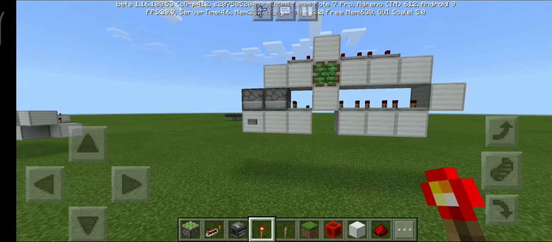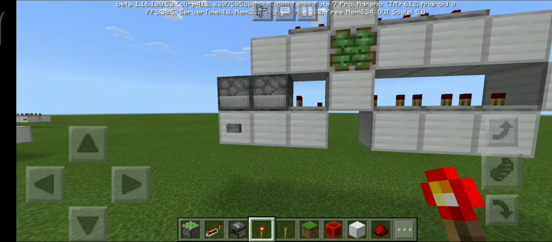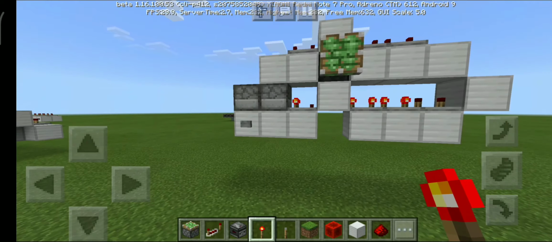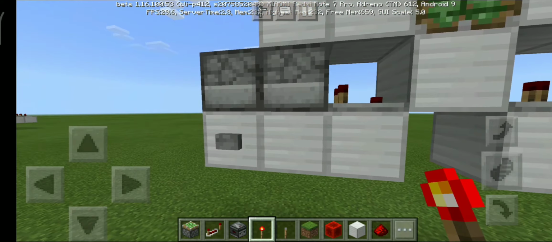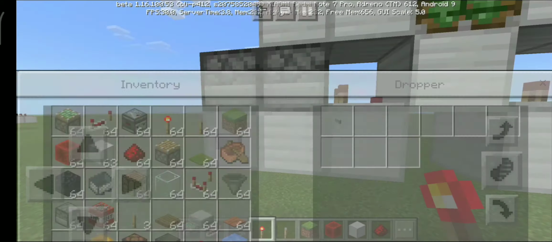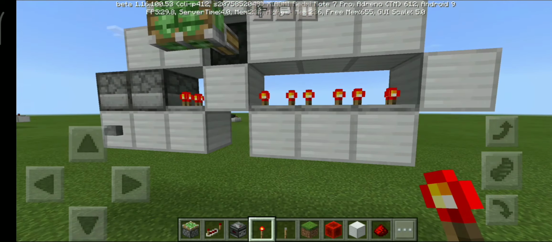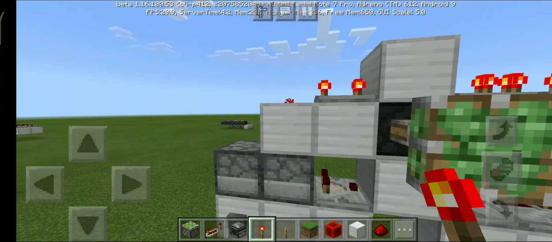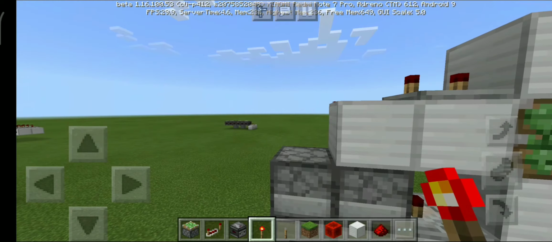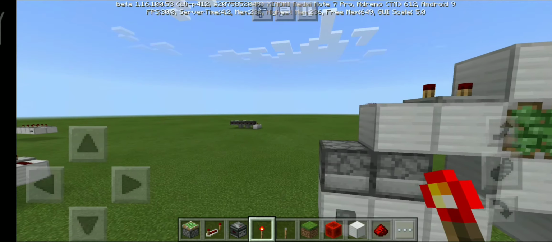Moving on to our 5th design for a pulse extender. This one is really good. This one uses an RS NOR latch. So I powered this. How this works is that there's this RS NOR latch which travels to here when I press this button. This delay goes up, goes there, powers this, the tick powers here, powers the dropper, sends the item back, and